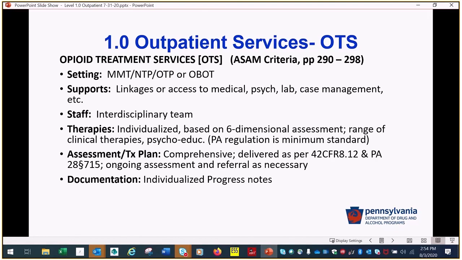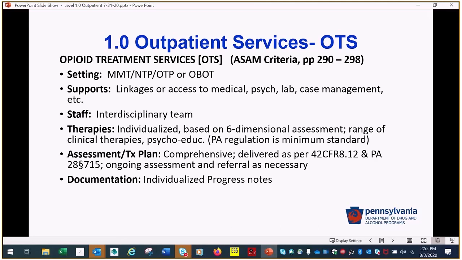I mentioned that both general outpatient services and narcotic treatment programs fall under the outpatient setting. But our primary focus in this presentation has been on the general outpatient setting. So I'd like to take just a few minutes to talk about opioid treatment services, or OTS, as they are presented in the ASAM criteria. First of all, you'll find that opioid treatment services are discussed specifically on pages 290 through 298 in the ASAM